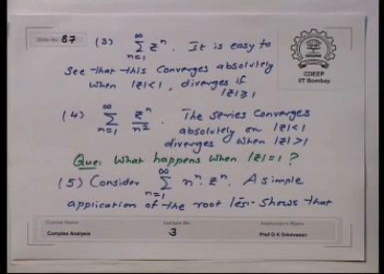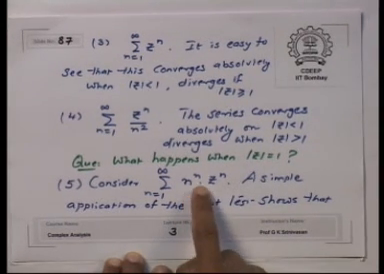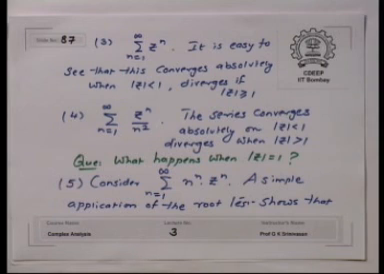Next, consider the series sigma n from 1 to infinity n to the power n into z to the power n. Straightforward application of root test. It will tell you that the series will converge when z is 0, and it will diverge when z is not 0, because what is a n? a n is n to the power n, z to the power n. So, what is mod a n to the power 1 over n? n times mod z,